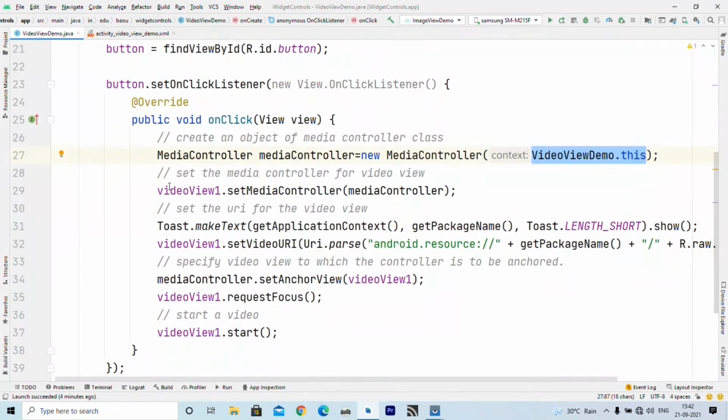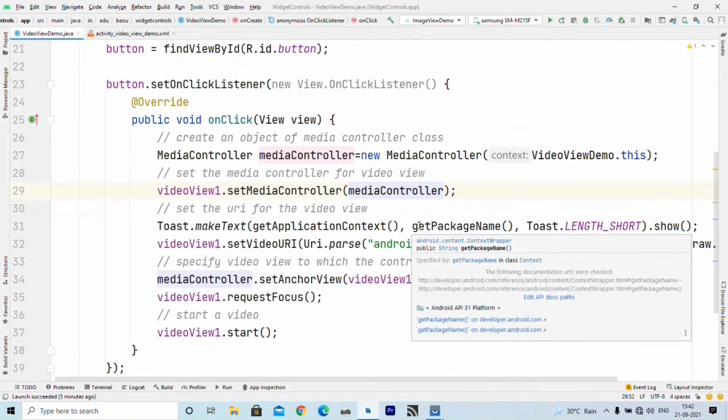The next line is you have to set the media controller for the video view. We have created an instance of media controller. I write video view 1.set media controller to media controller. So this media controller is set as the media controller for our video view.